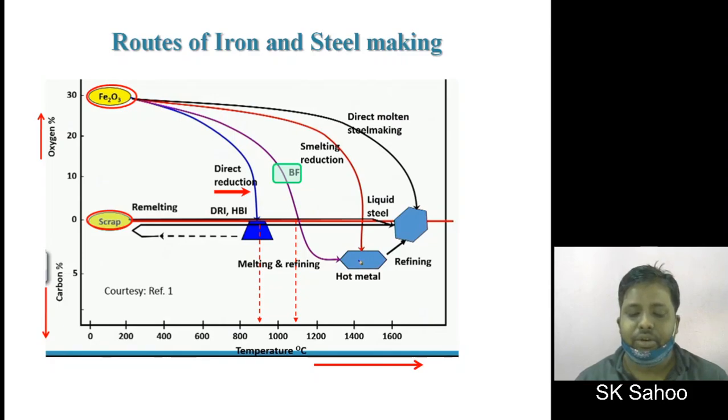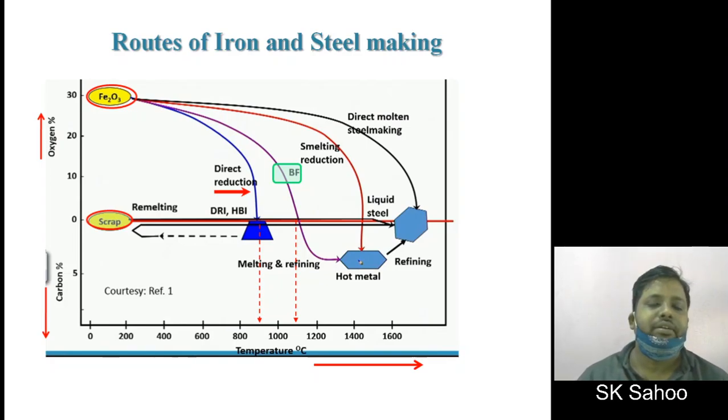The only thing we have to do is to separate the gangue, either by crushing, grinding or any other means, or melting in an electric arc furnace, which is mostly adopted to separate the gangue in the form of slag. The carbon content is not high in the case of sponge iron making. It's not as high as that of pig iron. In the gas-based process, it's about 2%, and in the coal-based process, it is even less than that, about 0.2%.